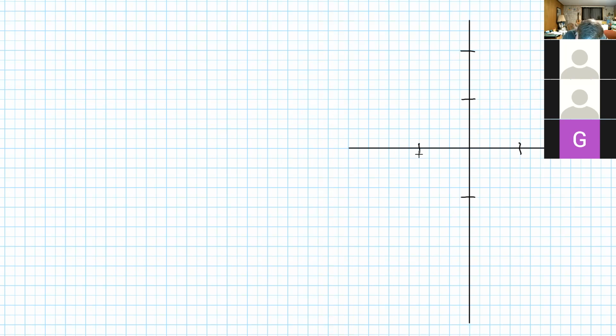All right. It says graph each function, give the domain and range. We're going to graph f of x equals the square root of x plus 4. Okay. Now,